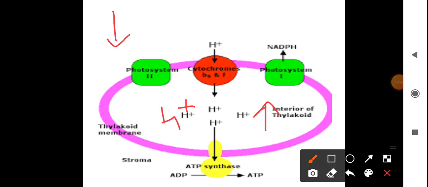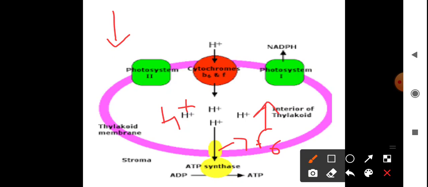Now as a concentration gradient is formed across the membrane, why are we so interested in this concentration gradient? We are interested because when the gradient is broken, due to the movement of protons across the membrane to the stroma through the transmembrane channel of F naught of the ATP synthase. The ATP synthase enzyme consists of